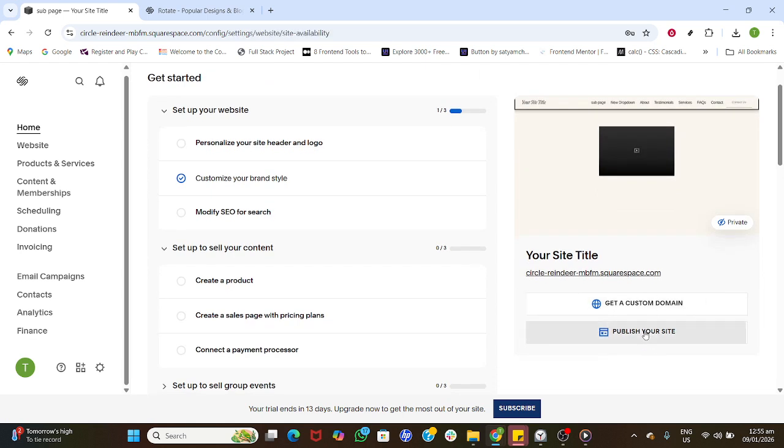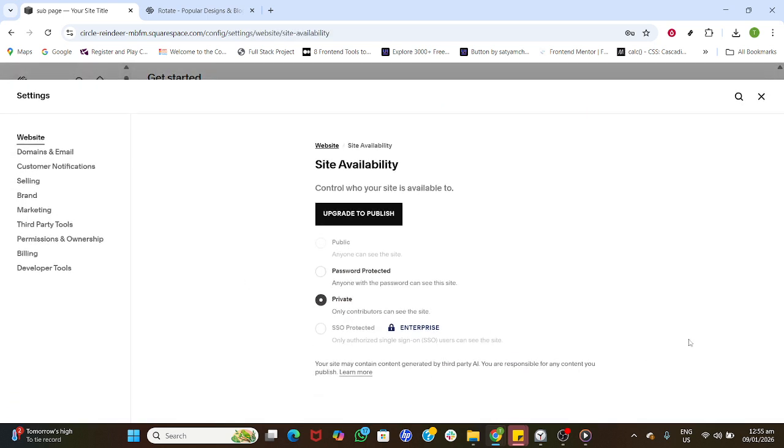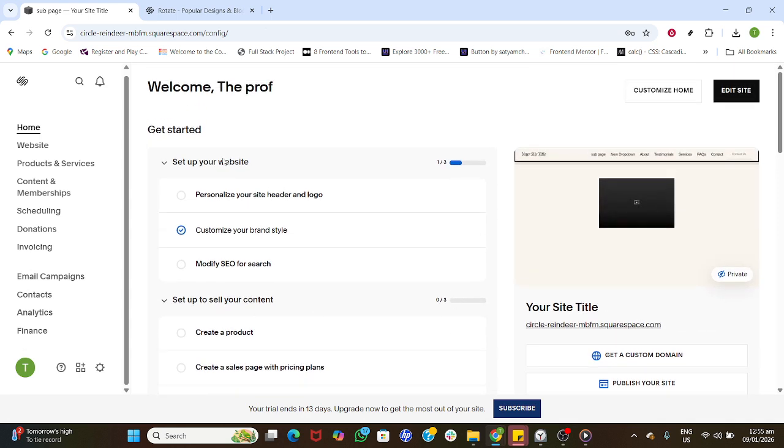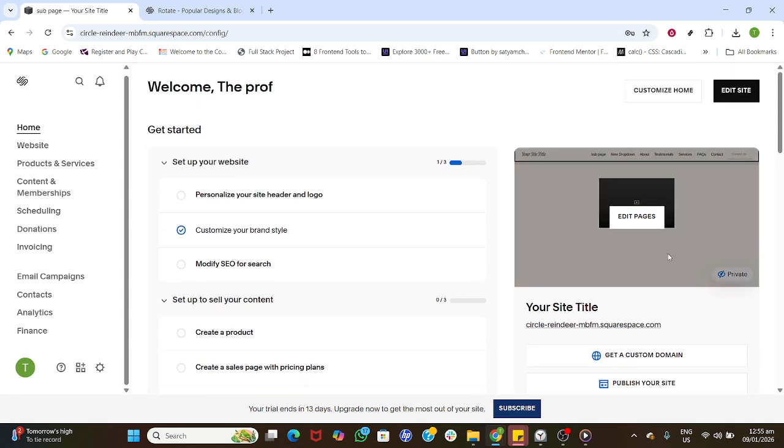Now return to the main website view, go back to Home, and preview your site to confirm the subpage appears correctly beneath its parent in the menu. Finally, when you're satisfied, publish your site to push everything live. If you don't see the drop-down on the front end, clear your cache or refresh, and double